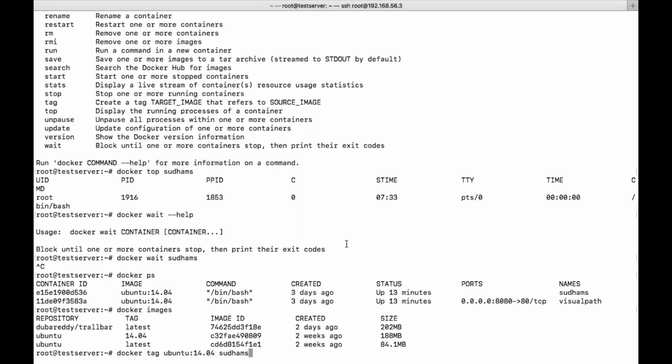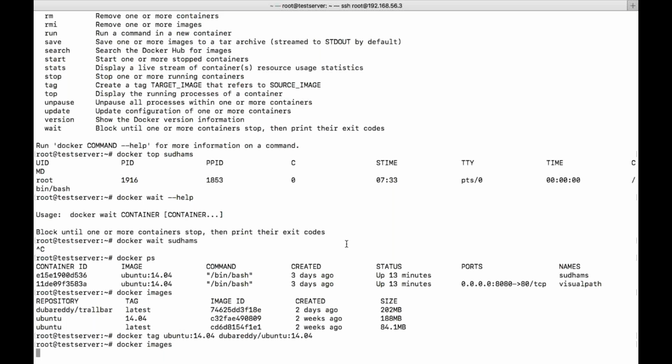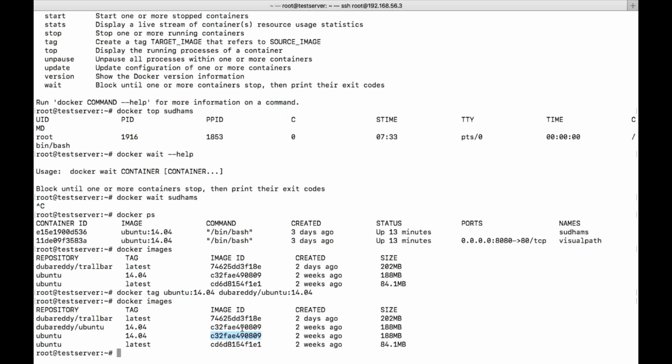Then I will give my repository name, and then I will give Ubuntu. Okay. Now you can see the IDs are same. In the sense the images are same, but the names are different. Repositories are different. Okay. This is my repository.